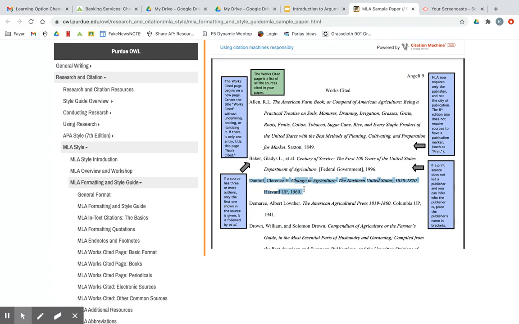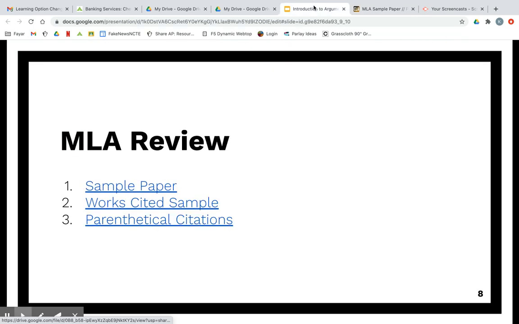And the idea would be that I could read your paper and see the in-text citation and then follow up by looking at your works cited to find out more information about that particular source. So the second resource that I've given you here, and really this is all about being able to use your resources, being able to use the things that I've given you that are online,